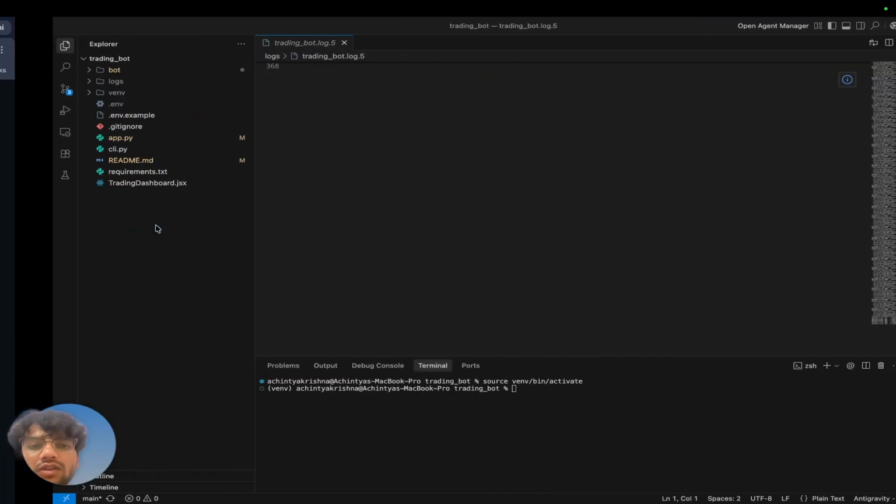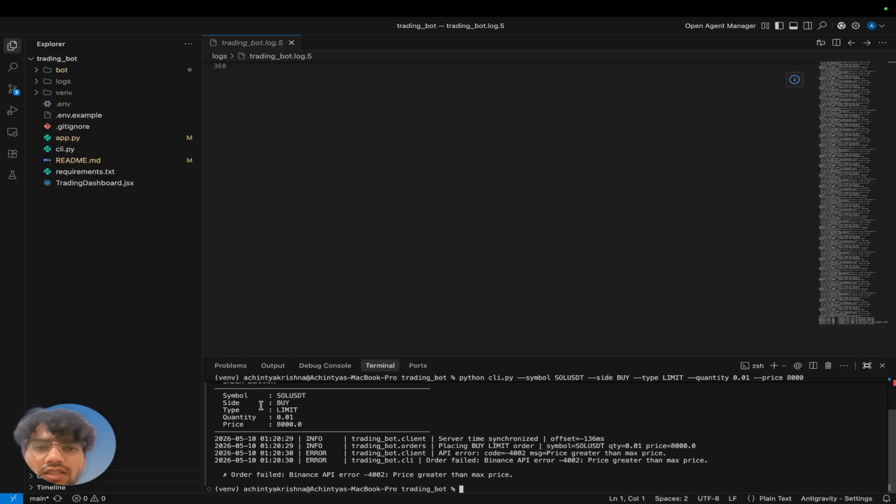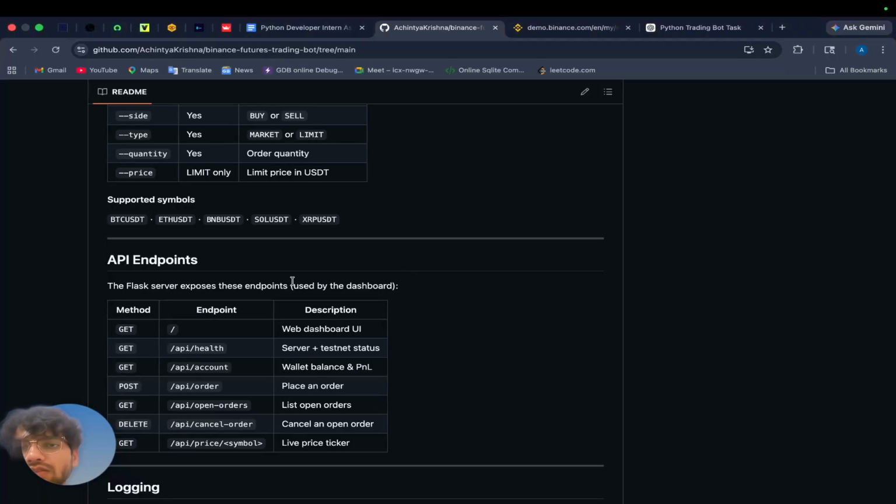Okay, so coming to our command line, paste it here, you can see, and this will also start running. Every 4 seconds it will refresh. Simple limit, information, server time synchronized, placing limit order, API error code, message price greater than max price. Okay, so these are the things. Order failed, Binance API error, price greater than max price. Okay, so